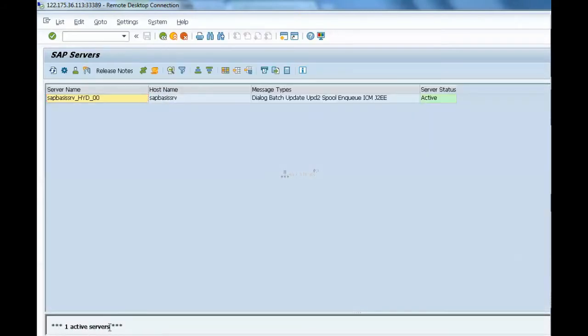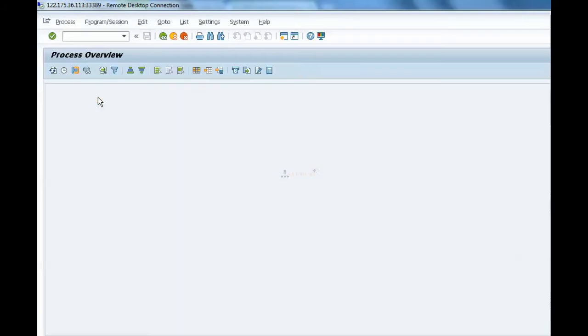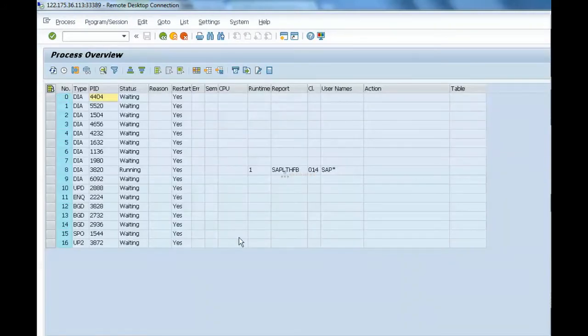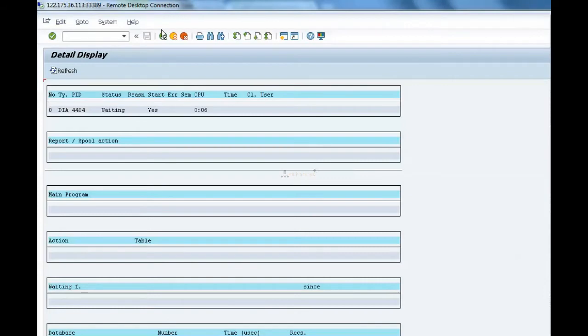Okay, one active server. If you have dialog instances, then it will give you a list. Double click on that instance, so I can see the work process list overview, right?